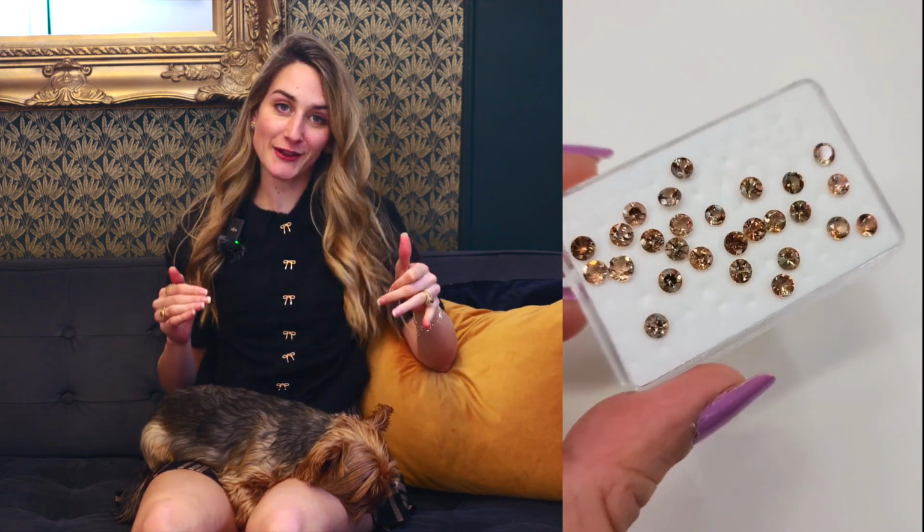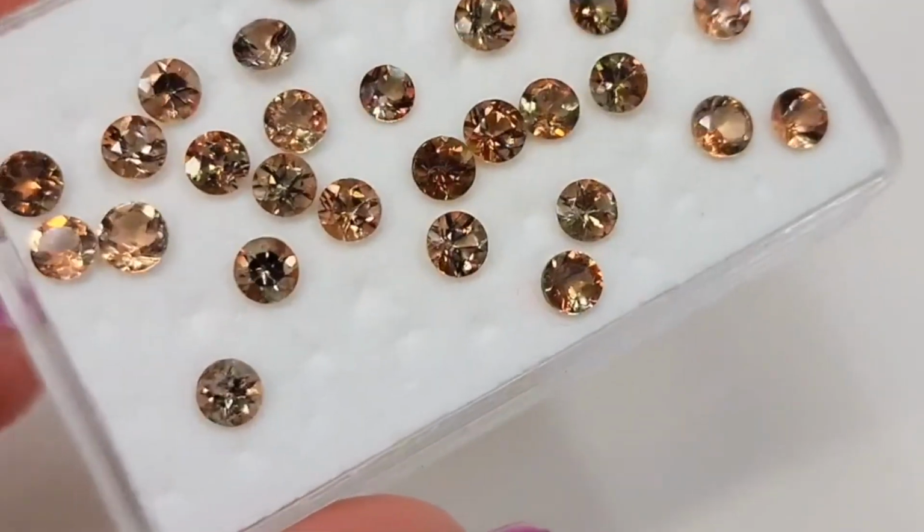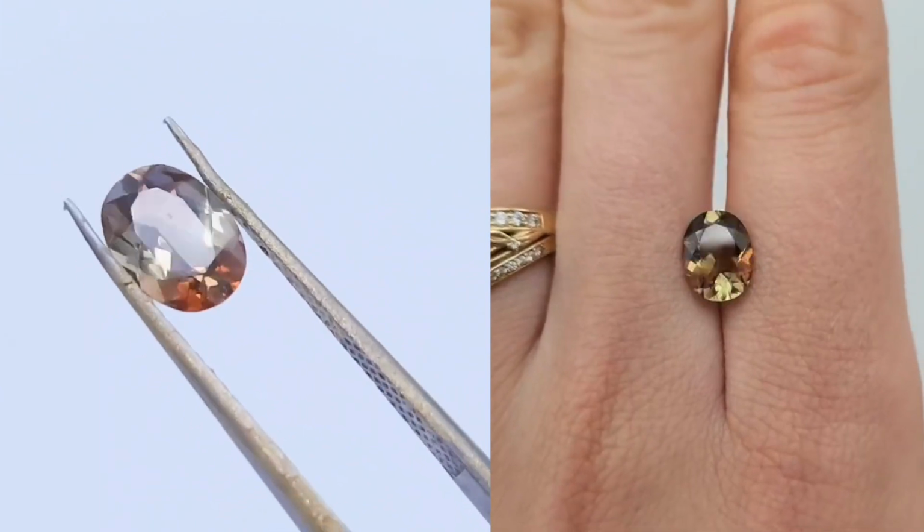Have you ever heard of Andalusite? Probably not, and you're not the only one. It is one of the most uncommon gemstones and underrated in my opinion. It is a stone that has pleochroic properties, and as you can see, it ranges from greens, browns, reds, all